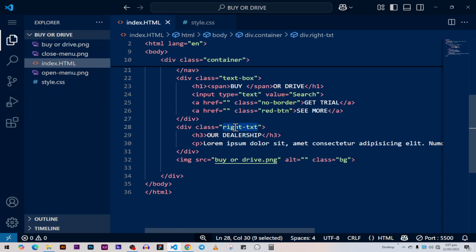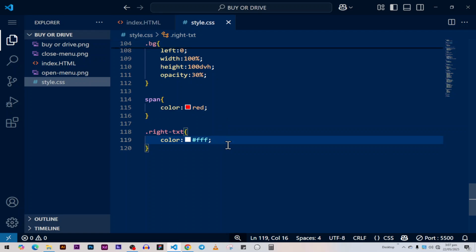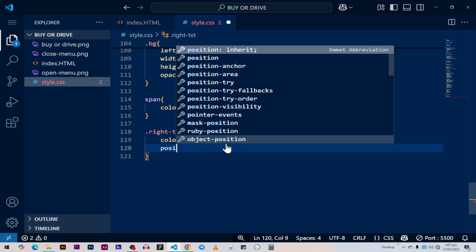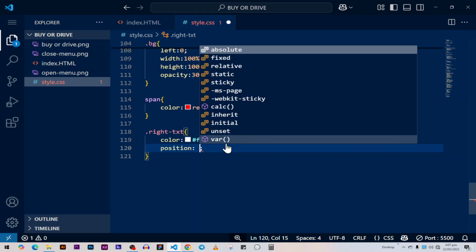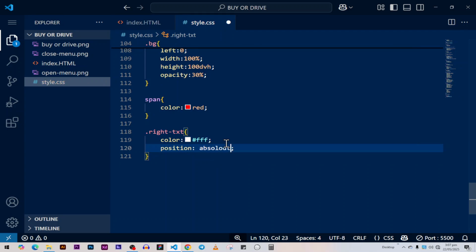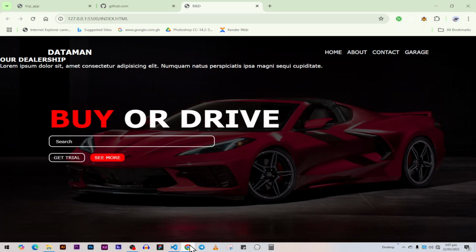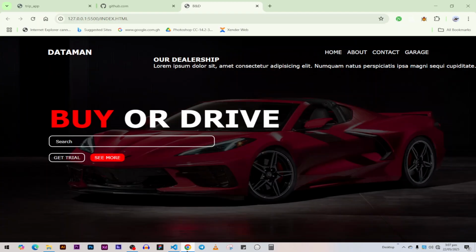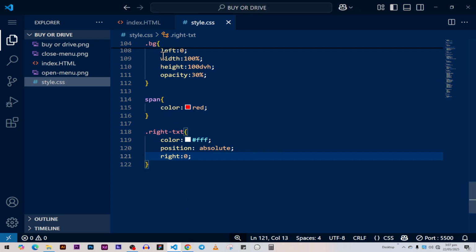Okay, you have to set the position to absolute. That's okay. So set the position, absolute. Yeah, absolute. Okay, let's save. And what happens? Let us set the right to 0. We'll move it to the right side. Yes, and then